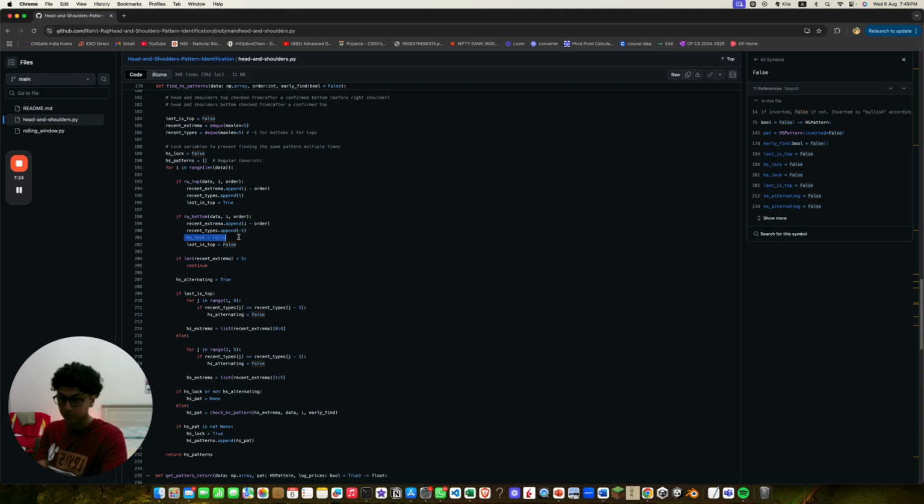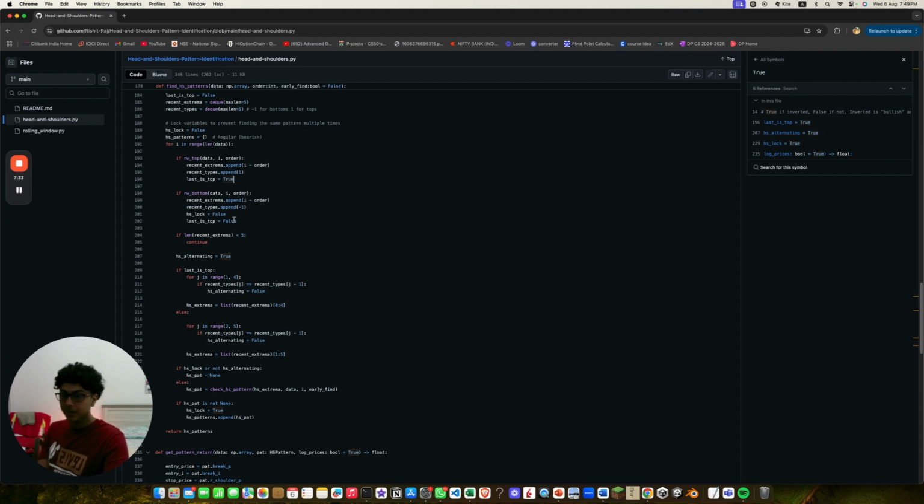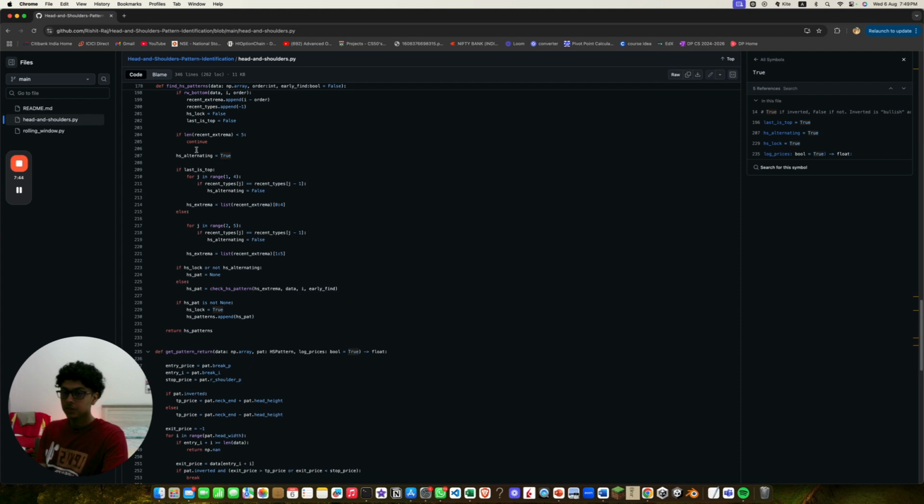You set the hslock false, and the last is top to false, because it was a bottom. And if it's a top at the end, then you set the last is top to true. And as long as there's less than 5 recent extrema, we continue to. We need 5 of the most recent extrema, right? So if the last is the top, what we want to do is we want to set HS alternating. So if they're not alternating, you want to set it to false, right? And basically all this does is,